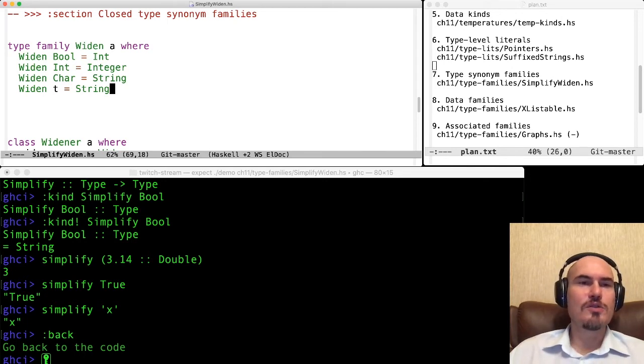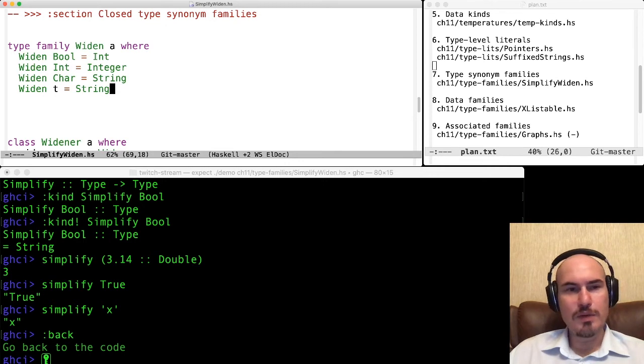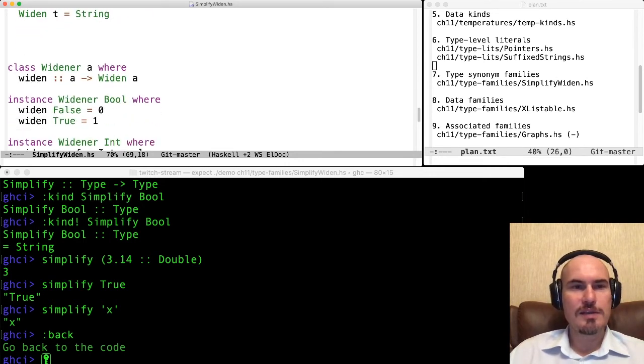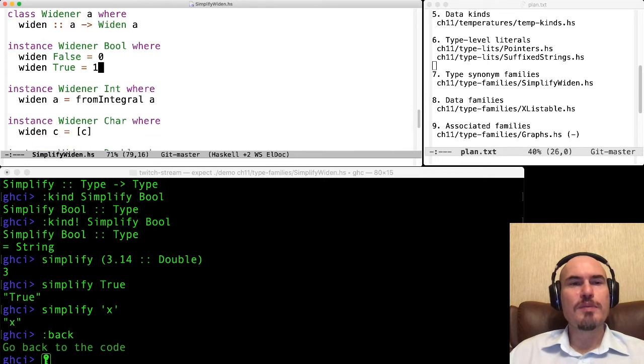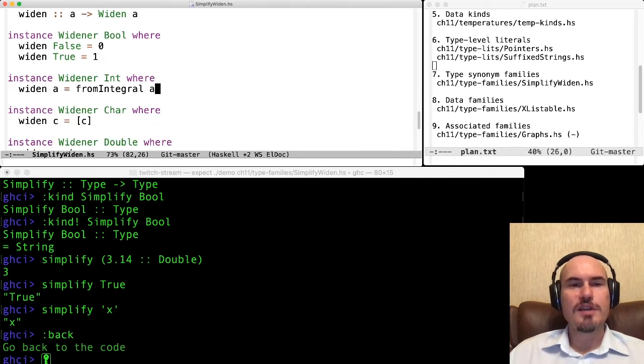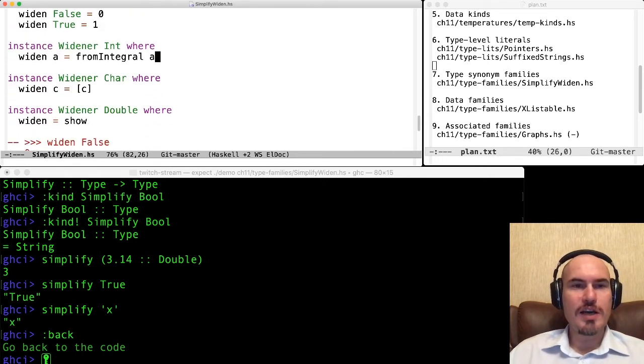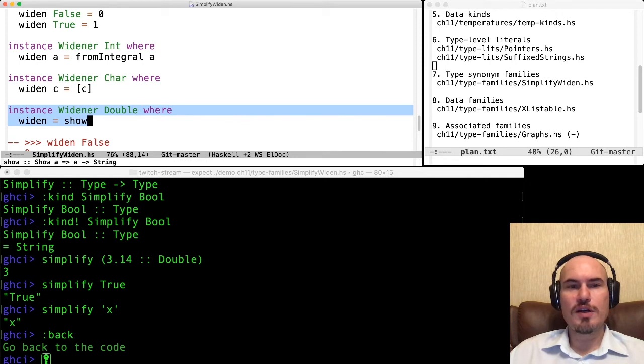And once again, to use this type family, we have to define a type class with a function over terms now, and a simple implementation for bools, a simple implementation for integers, for chars, and for another type, double. This will be used for the last case, widen t.